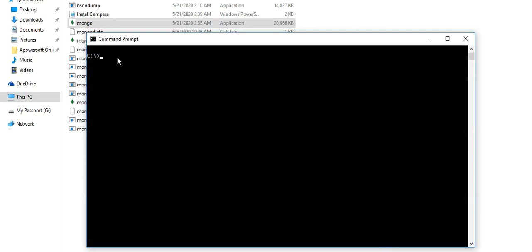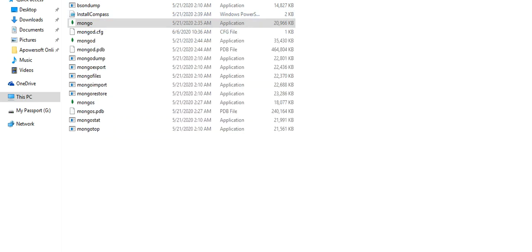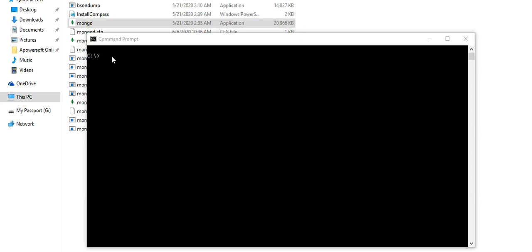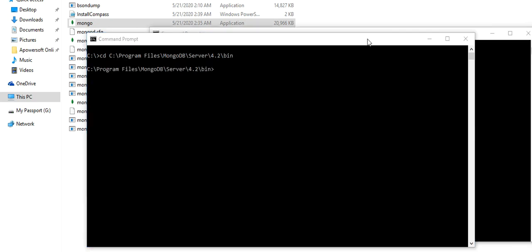So let's go now to the command prompt. I'll open the command prompt, and you have to cd to this path. I'll copy this path up to the bin folder. After opening the command prompt, I will do cd and paste the path up to the bin folder. Now I'll just press enter. But before that,